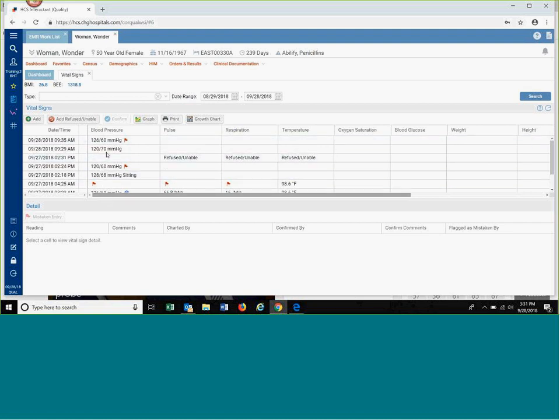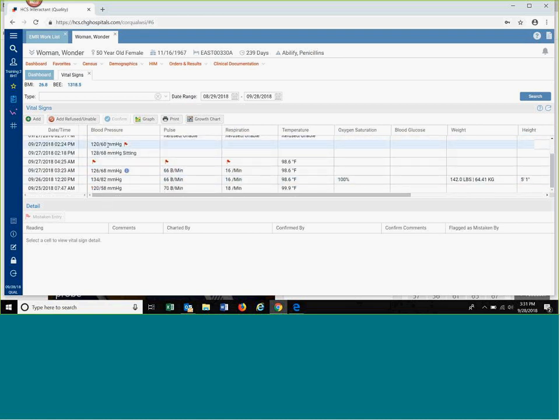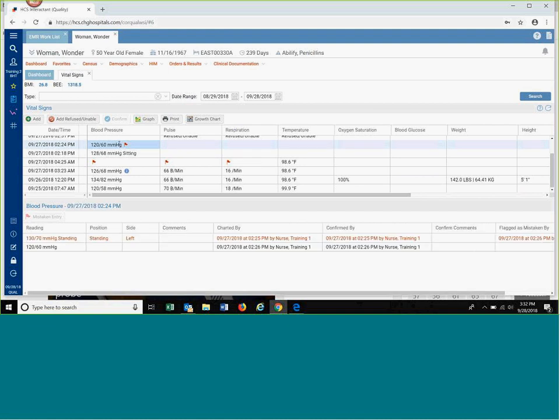In the middle of the screen, where I'm moving my mouse up and down, is my vital sign data for Wonder Woman. If there's a red flag, you can hover and see it's a mistaken entry. If you need to know more data about the mistaken entry, you're not going to see it in this vital sign window. Instead, you would click on it. When you click on it in the vital sign window, it moves down to the bottom of the screen to your scratchpad. And in your scratchpad, you can see that this in red is the error in charting,